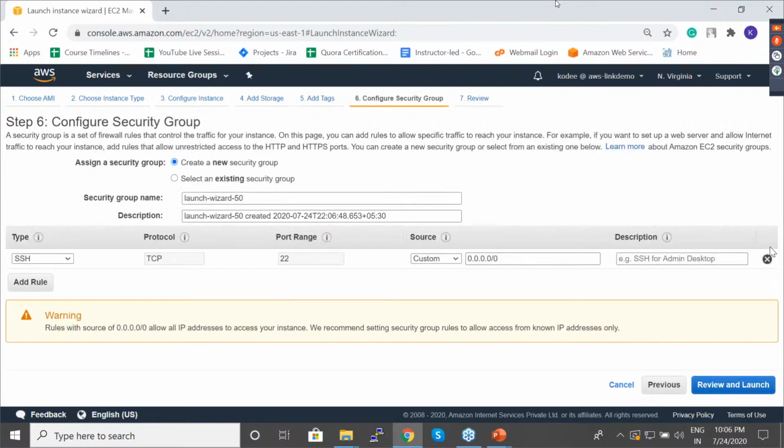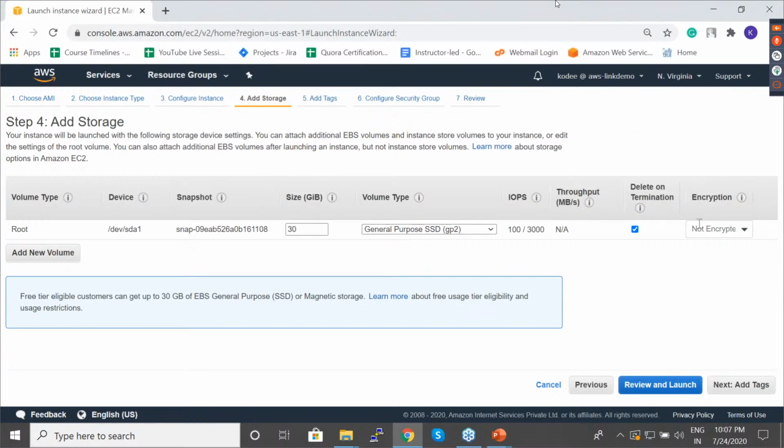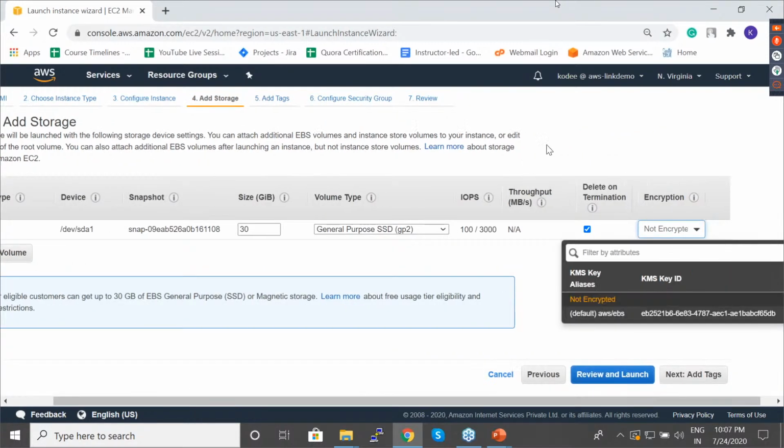Next is security group. Again, I'll explain that. And I got a question. What is encryption while configuring the instance? Which encryption? I think the encryption over here. So basically, guys, you will get a key over here. It is called KMS, Key Management Service. So you can create encryption keys using KMS.